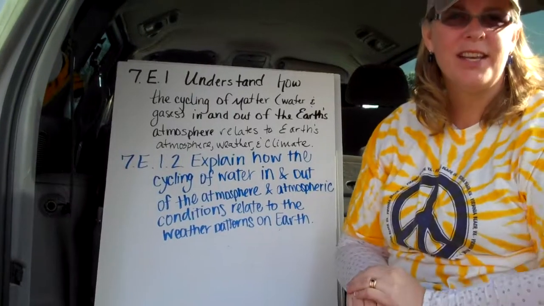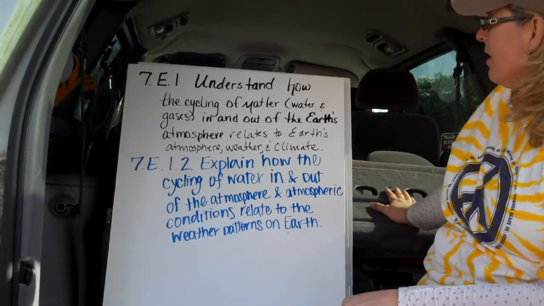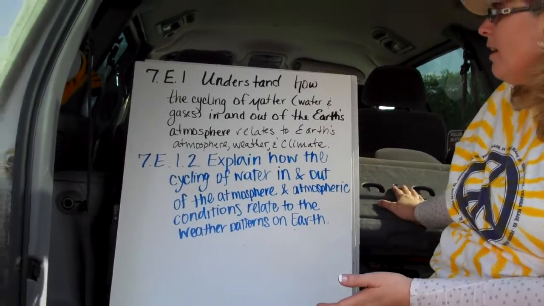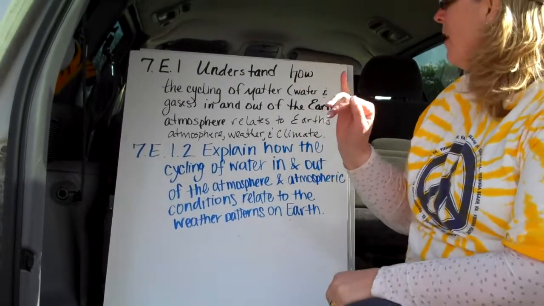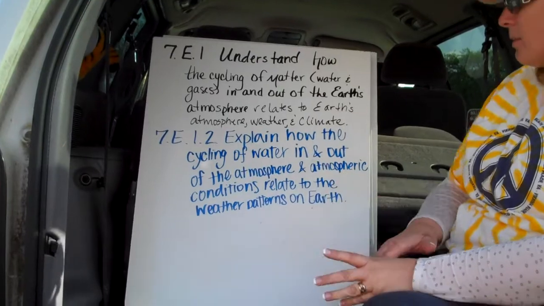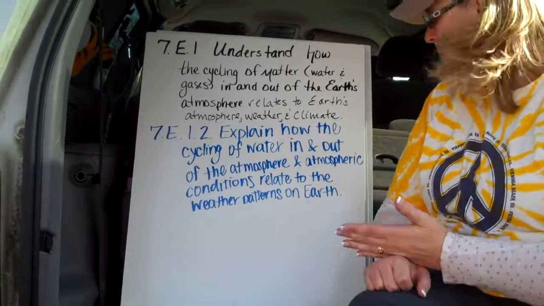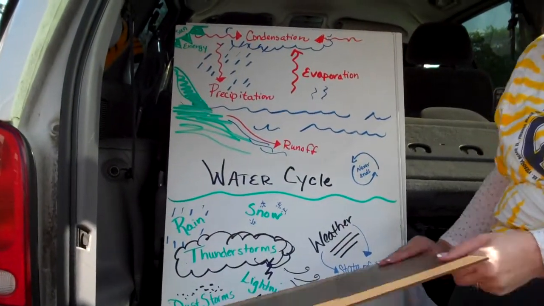All right, here's your second strand that we need to look at. Again, it's under 7.E.1. Understand how the cycling of matter, water, and gases in and out of the Earth's atmosphere relates to the Earth's atmosphere, weather, and climate. This one focuses on explaining how the cycling of water in and out of the atmosphere and atmospheric conditions relate to the weather patterns on the Earth. Now, what that really means is that we want you to know